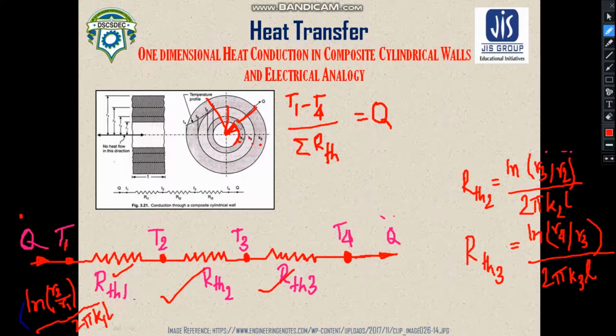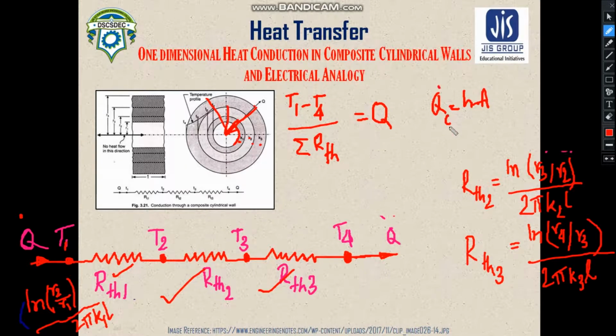Now what happens if we consider a hollow cylinder and there is a fluid flowing over this cylinder? That means there is a fluid motion going inside of the cylinder or outside of the cylinder. So obviously it incorporates convection heat transfer. So in that case you have to consider the thermal resistance because of the convection heat transfer. And you know the formula of convection heat transfer. You know that Q can be written as